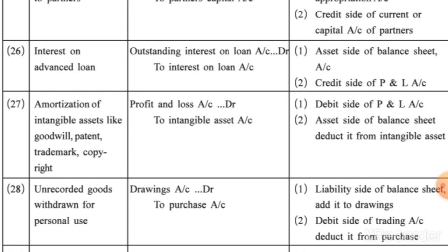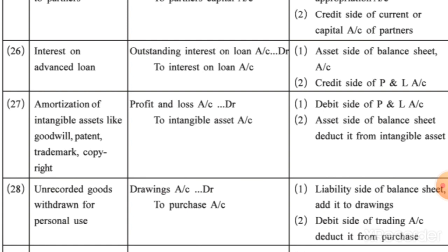Already in 11th standard we have discussed this type of journal entries, that if in any of the cases goods go out other than purchase or sale of goods, suppose you have goods withdrawn for personal use, goods given as advertisements, goods given as donation or charity, or goods destroyed by fire, then in any of the situations always purchase account will be credited. Okay, so over here also same entry would be there, that is drawings account debit to purchase account credit, because due to that goods withdrawn for personal use, that much amount of goods will be reduced from your stock of goods.